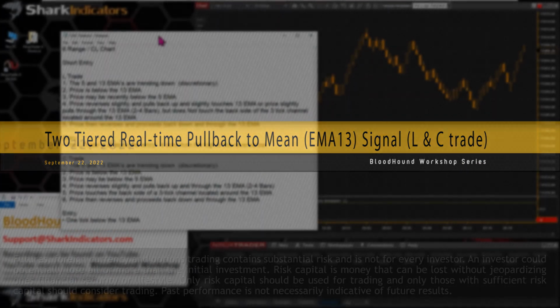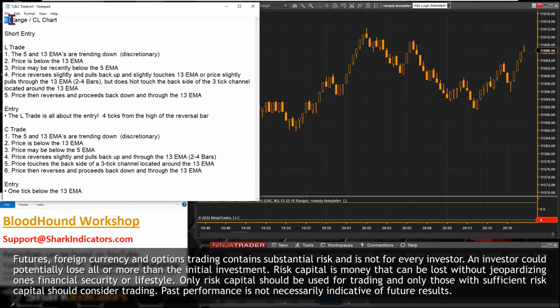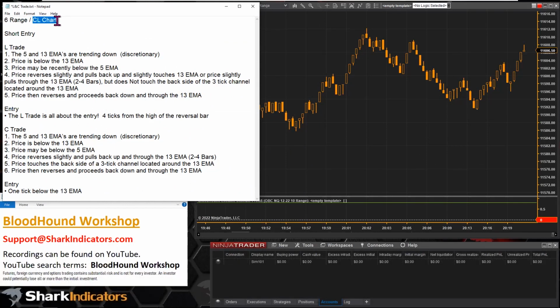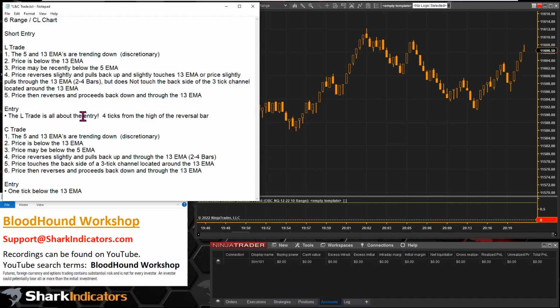We have a nice set of rules here to work with. It specifically runs on a 6-range chart, and whether it's oil or not, that's up to you guys. But this does require a 6-range chart, at least to work with the various settings here. I don't actually see any settings in the setup rules here, but because of the entry requirements here,